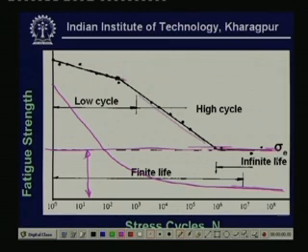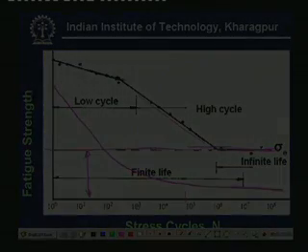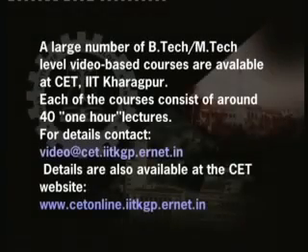However, it is not that we always go for infinite life design. Also, we can have a finite life design, where just by modeling these lines, we can find out the corresponding endurance limit corresponding to some cycles of our interest. Well, if we proceed further,